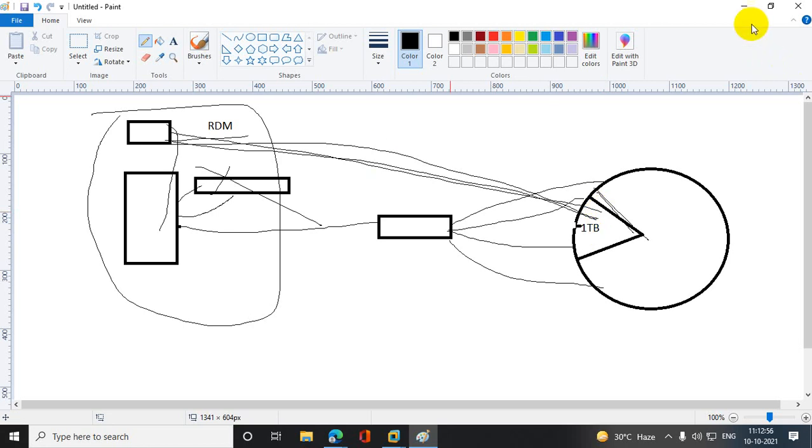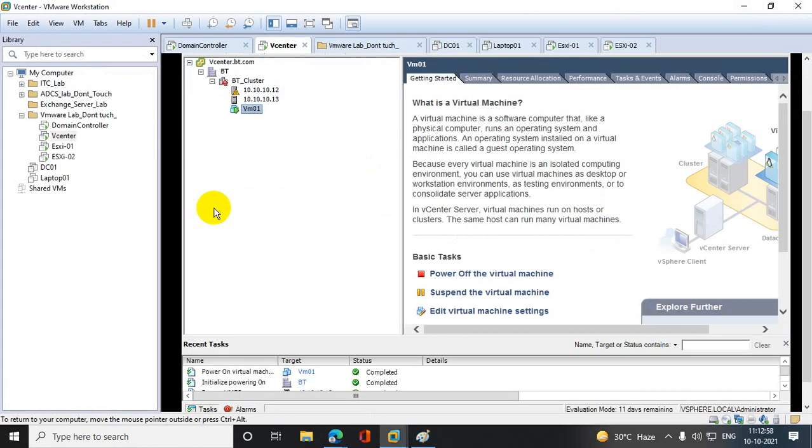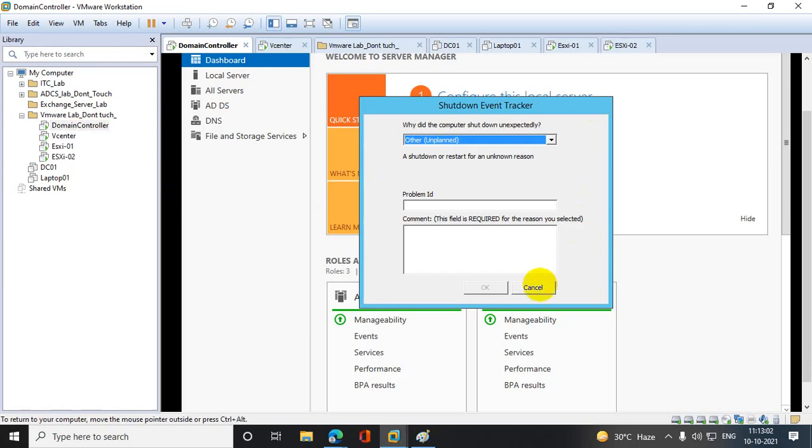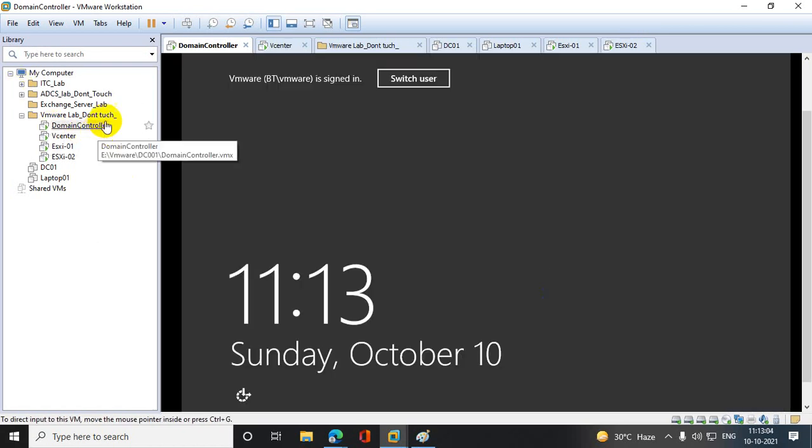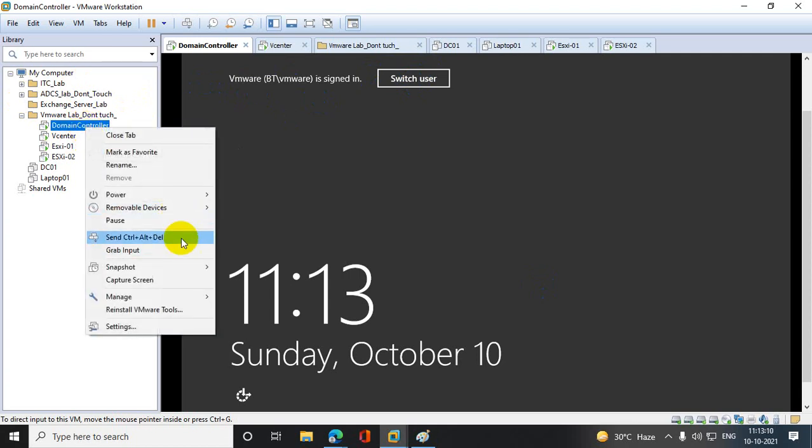Okay, so let's do that. Let's create the same. For that I need one extra storage on my storage server, which I was earlier using as the domain controller.